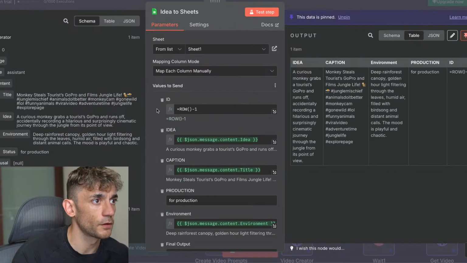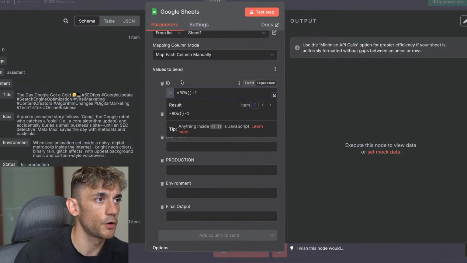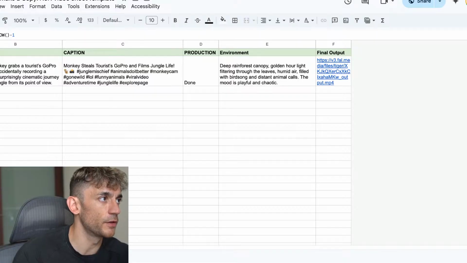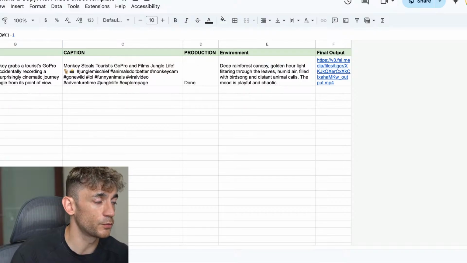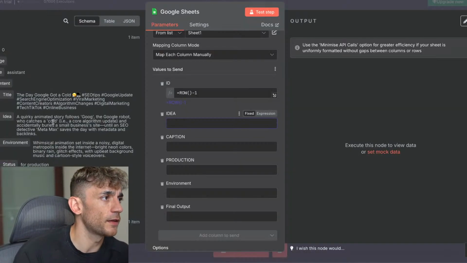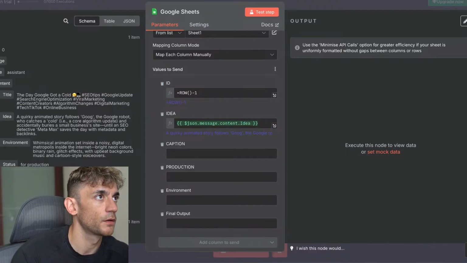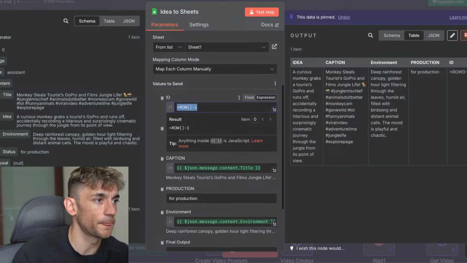And from here, for the ID, we're going to put row minus 1. That's basically going to label the IDs, so video 1, video 2, etc. Minus 1 because obviously we're not starting from row 1, we're starting from row 2. Row 1 has the headers inside it. Then from here, we're going to take the idea, which is generated by ChatGPT. We then have the title, the environment, etc. So the caption